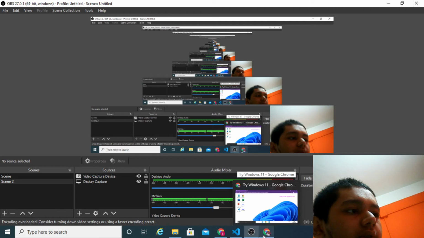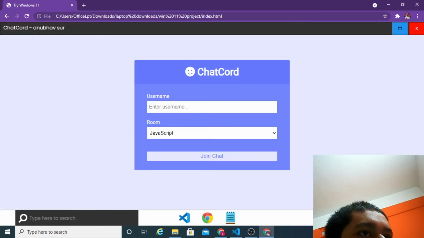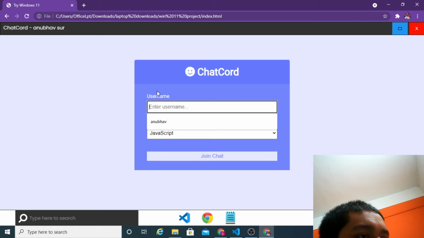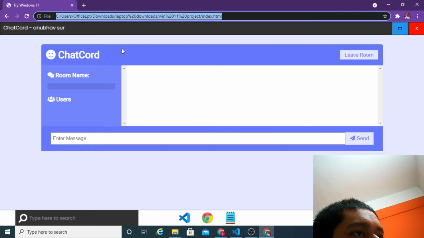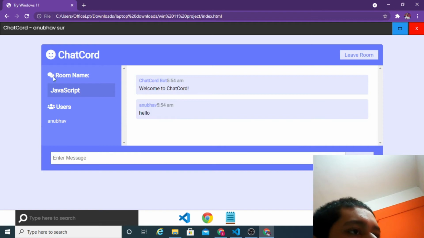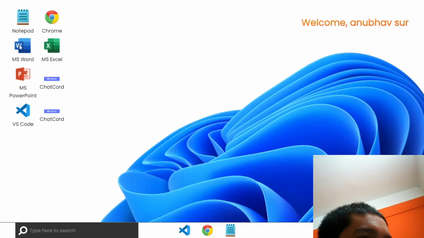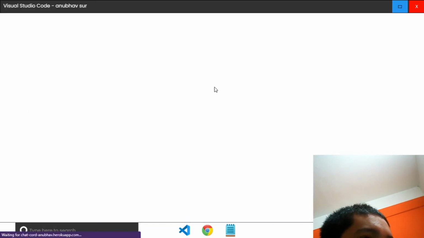I also have another chat application. This chat application works online, and this is not actually an application, this is just an iframe. Using an iframe you can embed other web pages inside your own web page. So actually this is not an operating system, this is only a web page. That is why I used the iframe, and I can embed any web application or any website that I want inside my original web page. This is the actual web page, and inside my page I can embed any other web page if I want.